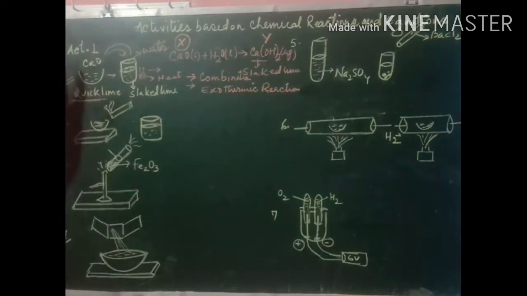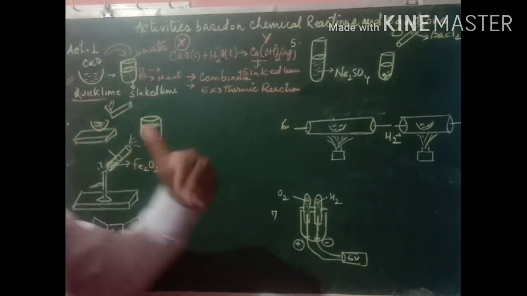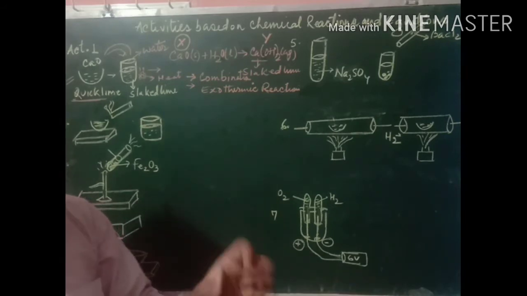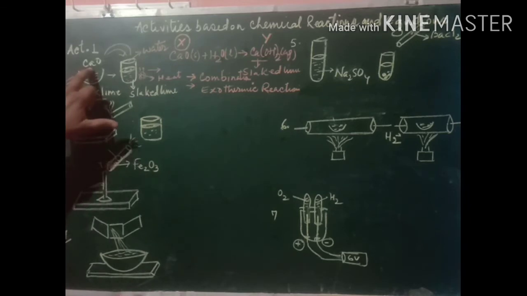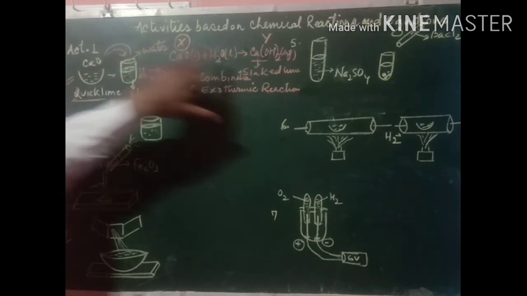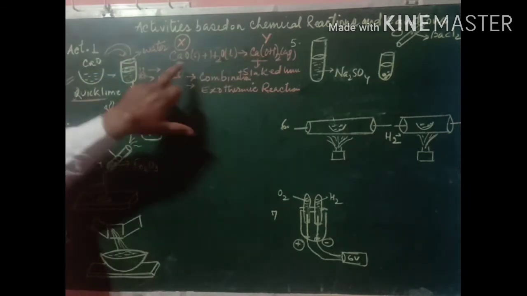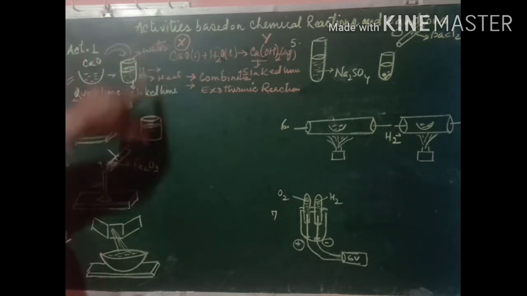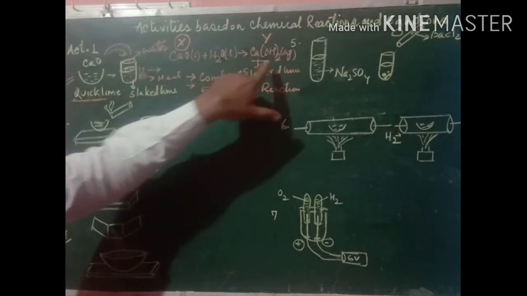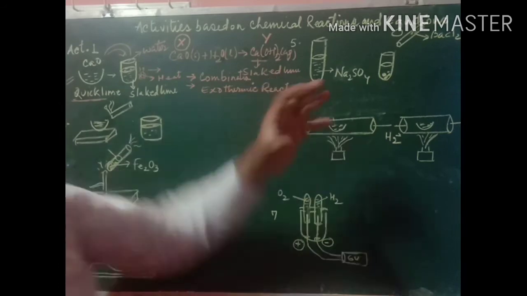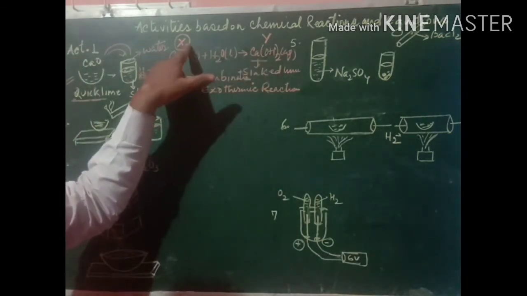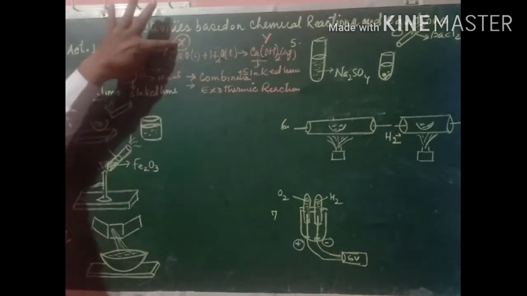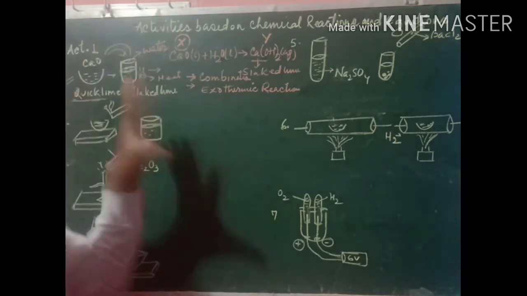So the first activity is very clear, and I will tell you in a very short way also, so that you can remember. I will not make my video lengthy. When calcium oxide is dissolved in water, it forms calcium hydroxide. Simply, calcium oxide is known as quicklime, whereas the calcium hydroxide that is produced is known as slaked lime. That is used for whitewashing. What is used for whitewashing? X means calcium oxide. Okay, that's clear.